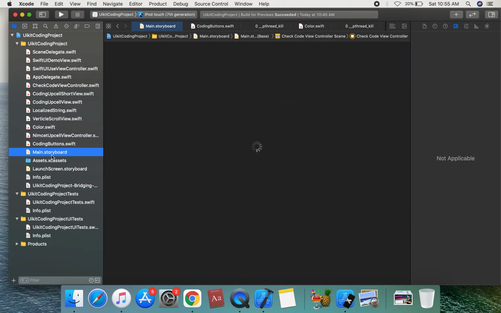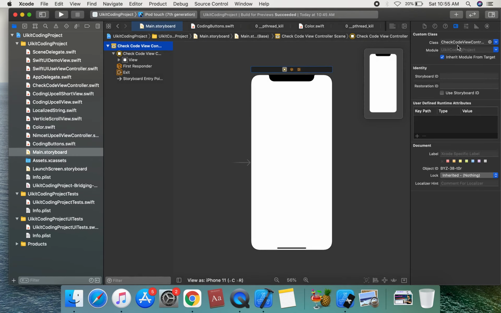We set the view controller class in the storyboard; our class is SwiftUIUseViewController, which is the initial view controller. We can run the SwiftUIUseViewController.